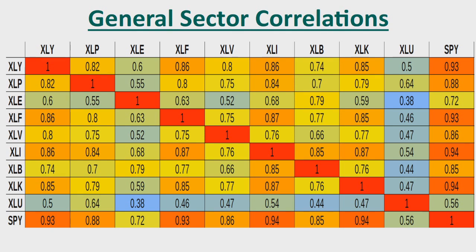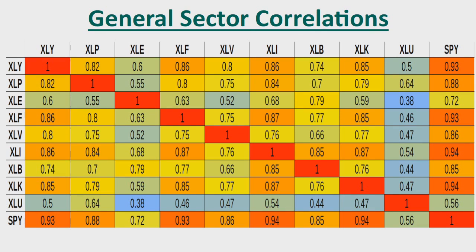I have conveniently color-coded this correlation table so that 1 represents a strong correlation in red, followed by orange, a strong correlation but slightly weaker, followed by yellow, and eventually a blue color with a much weaker correlation closer to 0.4 or 0.5. You can find lots of combinations of correlation here. However, we'll cover a few key features that were highlighted in the previous diagram. For this demonstration, focus on the bottom row, and we will see some correlations to the broader stock market.